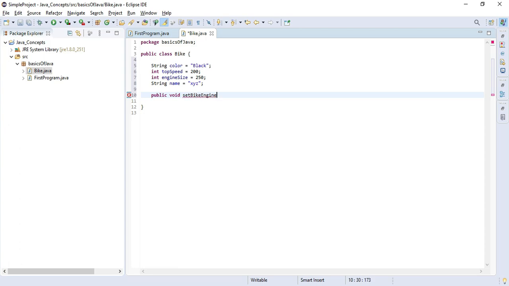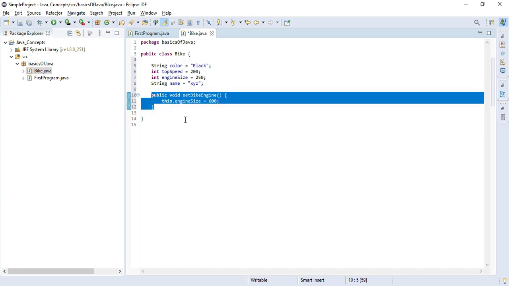If I want to change the engine size from 250cc to 100cc or 150cc, or if I'm going to create some sports bike, I will change this from 250cc to 600cc. So I can do it like this, this dot engine size equals 600.